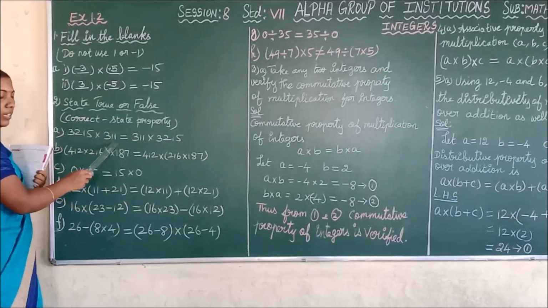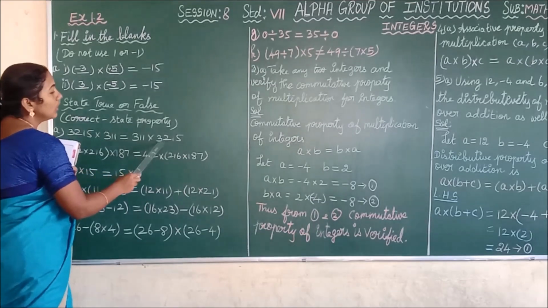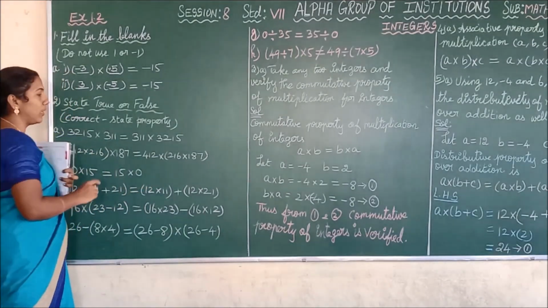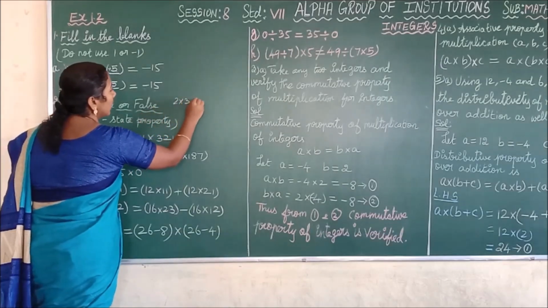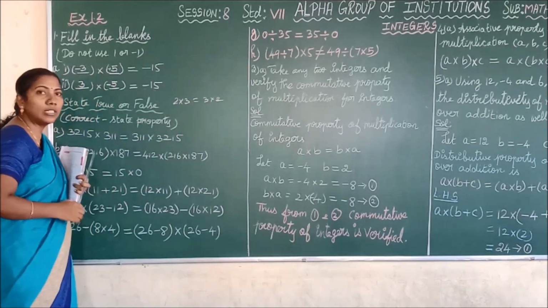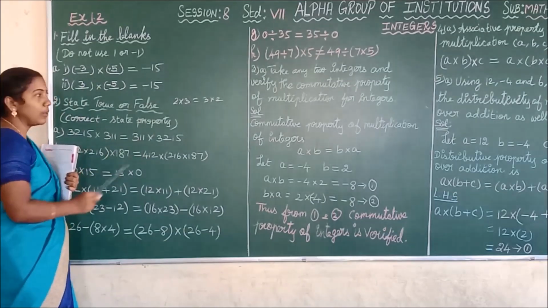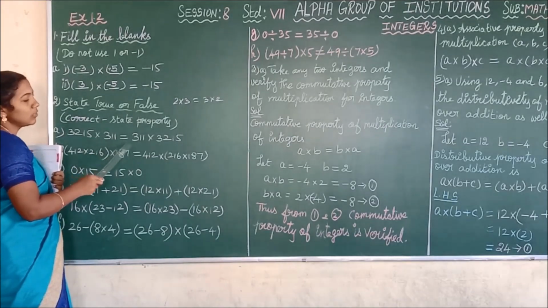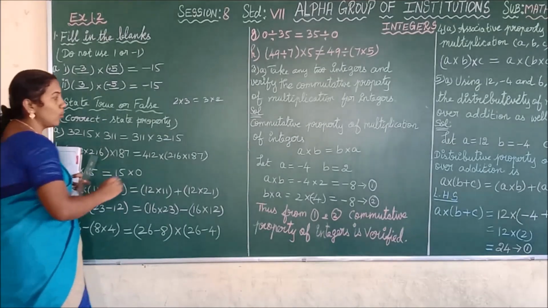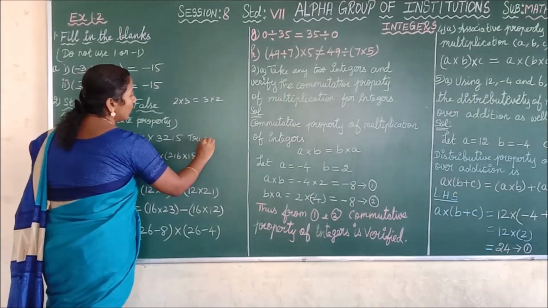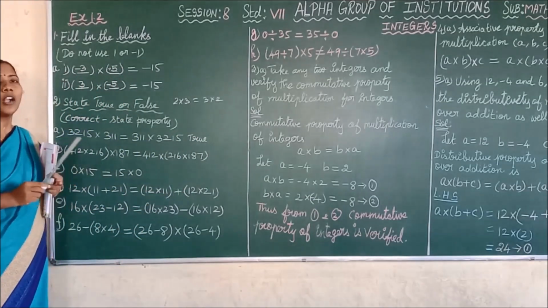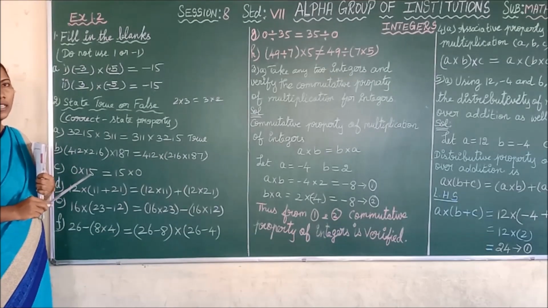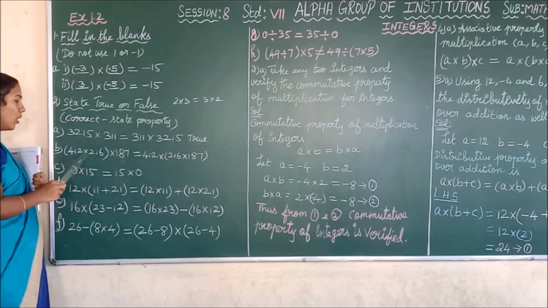See the first one. 3215 into 311 is equal to 311 into 3215. As we see in the commutative property of multiplication, 2 into 3 is always equal to 3 into 2. This type of property is called commutative property. Similarly, you have this situation here, but the numbers are different. So, is this true or false, children? Yes, true. So you have to write true. And what is the property used here? You have to write commutative property of multiplication of integers. Fully you have to write the answer. Is it clear, children? Okay.